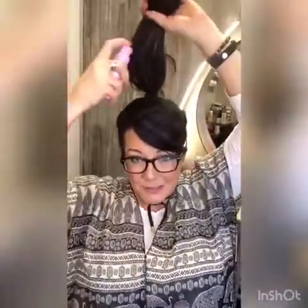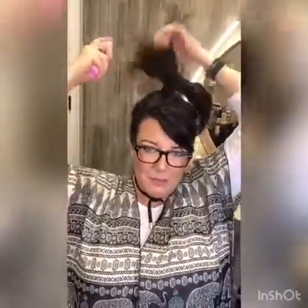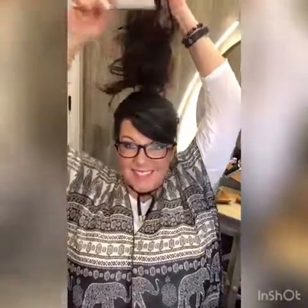So first off, take your hair up like this. And mine already has some texturizing powder in it because I'm on day 2 of this. Anyway, give that quite a bit. Like, you don't want to be super conservative with this when you're doing the top knot. So then take your backcombing brush and give it a good backcomb at the base, mainly at the base of it. But you want to come to the front too and give that a good backcomb. So once you've got that all nice and backcombed,